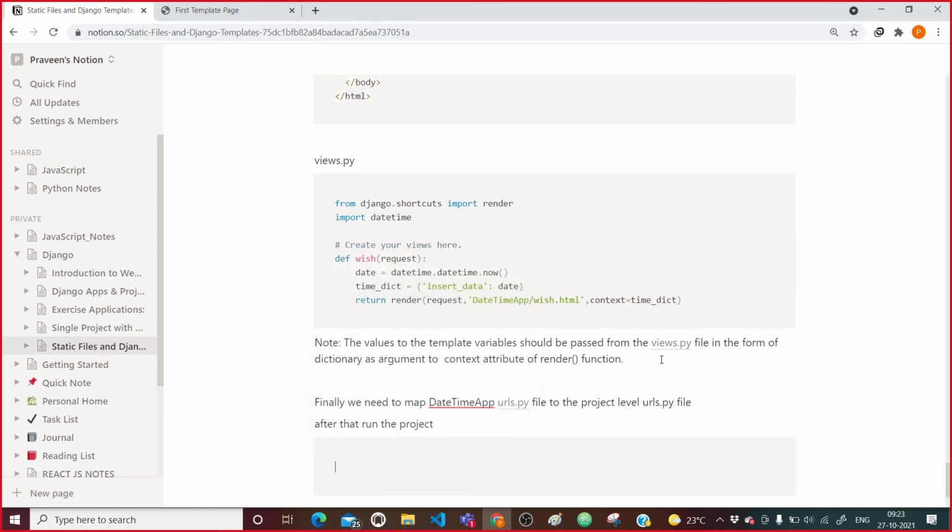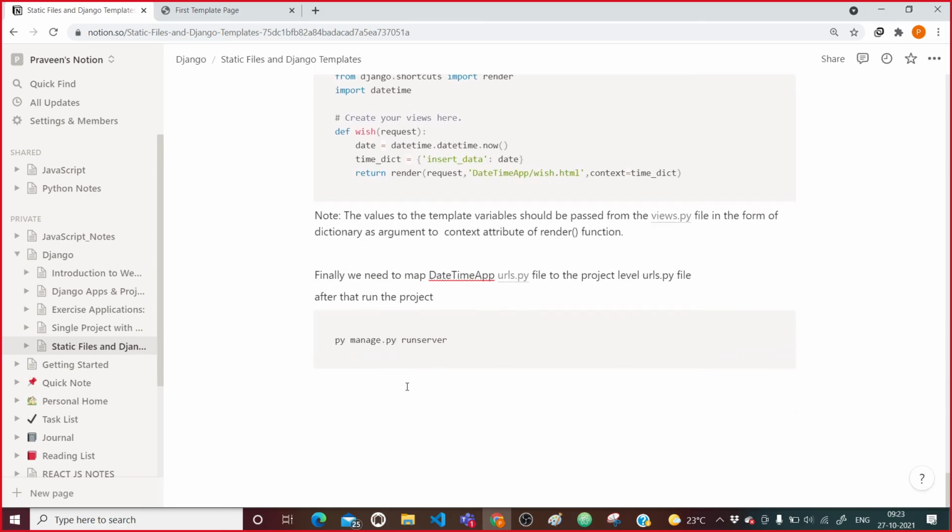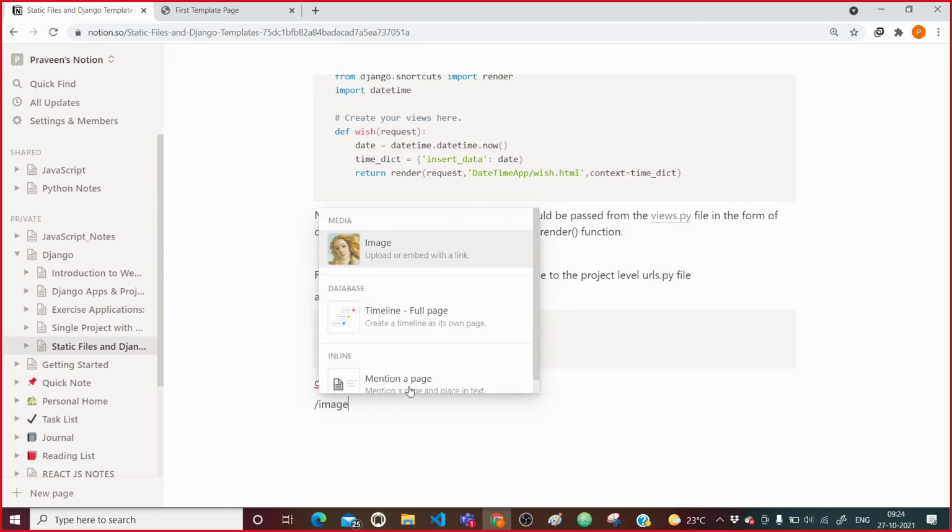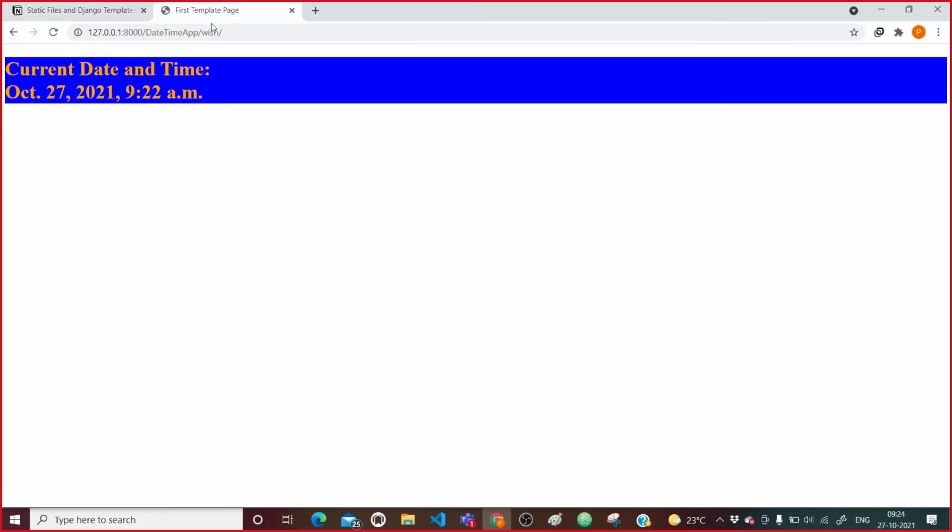So how do we need to run the project? By seeing what the output will be. So the output is something like this. It will be an image. So let me come here.